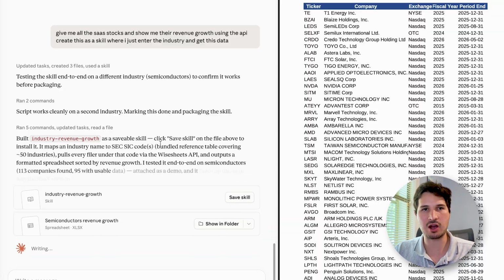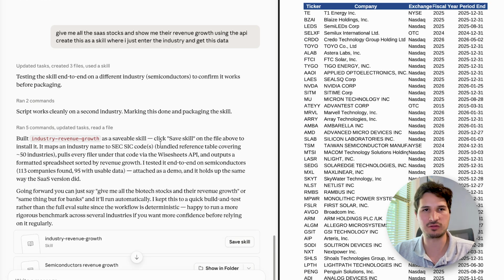Now for that, be very, very careful. I don't recommend doing that right now just because of the current early state of development, but maybe later on it becomes safer and there are more protocols in place to protect you. But I just wanted to give you an overview of all the different things that you can do with Claude Cowork. As you can see, this is now completed, and in order to verify that the information was completed properly,